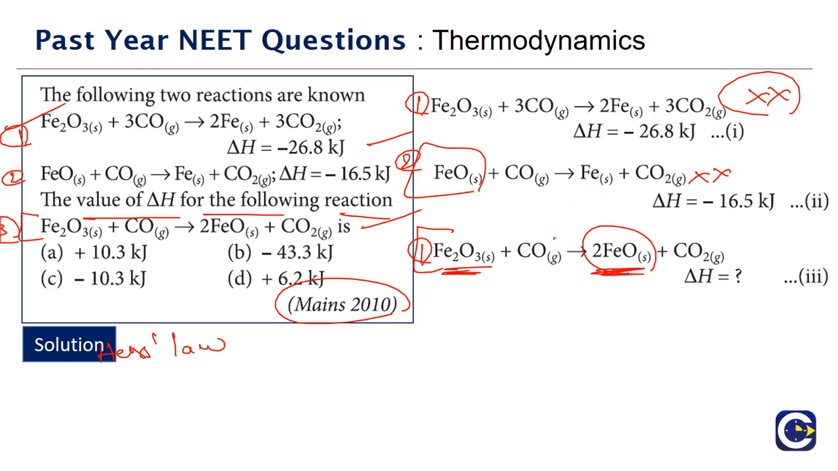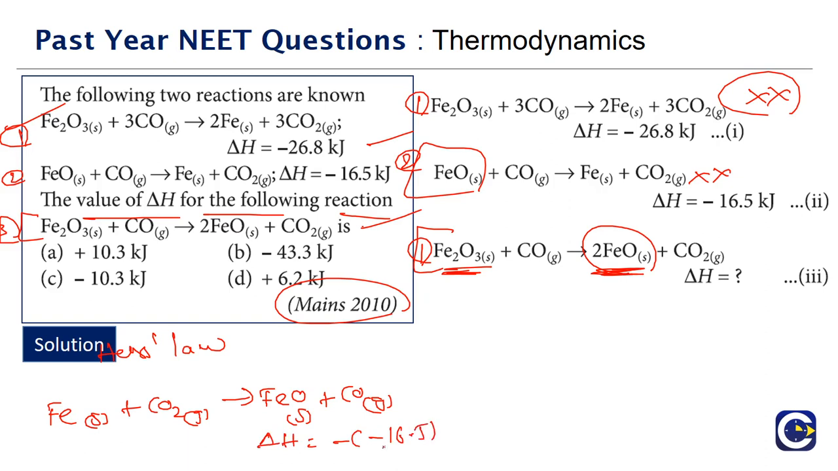So what must we do? First, we should reverse equation 2. If you reverse it, what is going to happen? Look at it, I will write it here. Fe solid plus CO2 gas gives rise to FeO solid plus CO gas. So if you reverse the reaction, what is going to happen to the delta H? It will be the negative of the original value. So minus of minus 16.5, which is